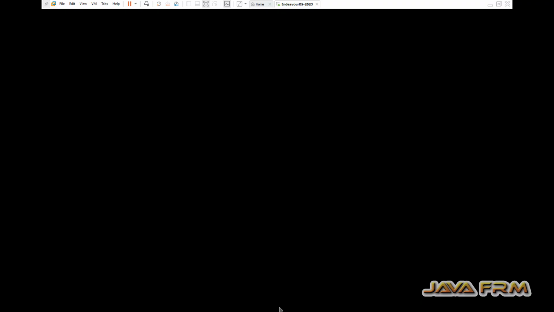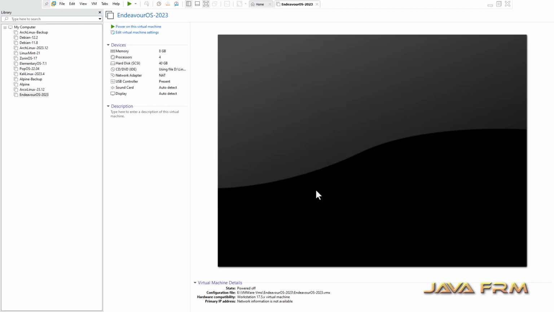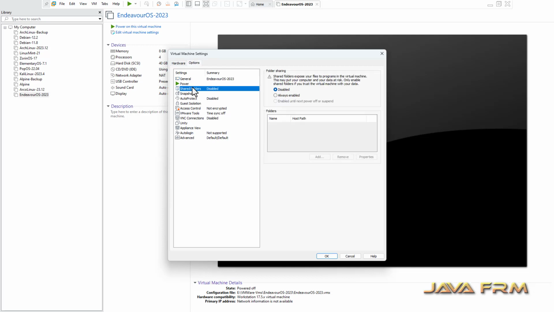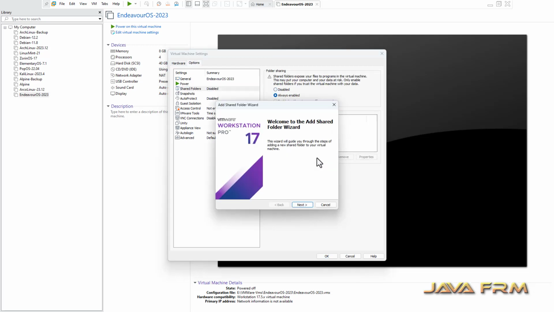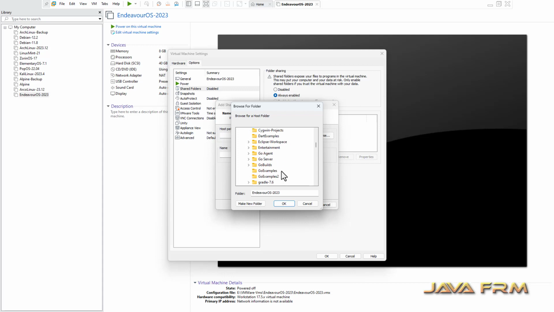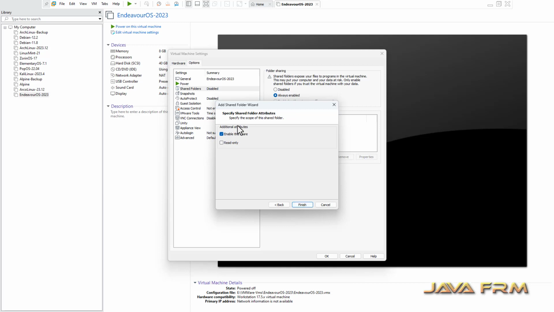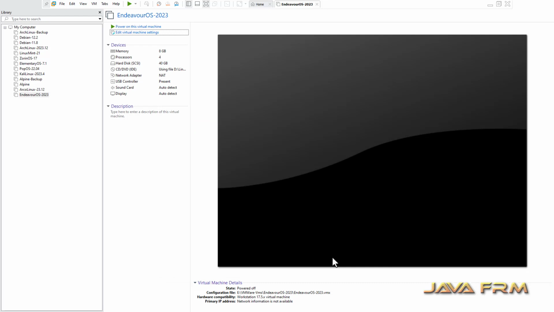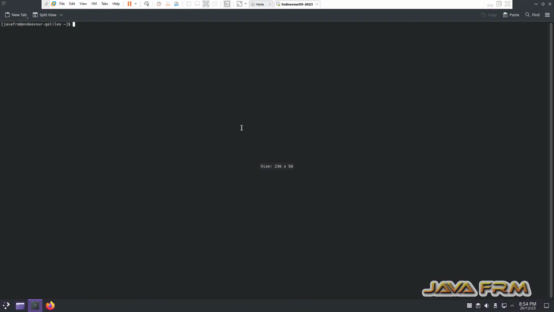Okay, now what I am going to do is enable the shared folder. So I am shutting down the machine. Once again, go to settings, options, shared folders, always enabled. So browse the Windows host machine. Okay, start the